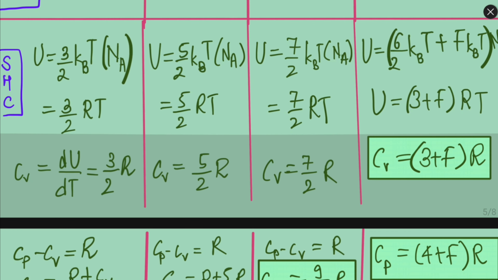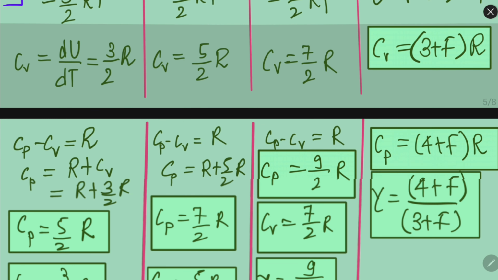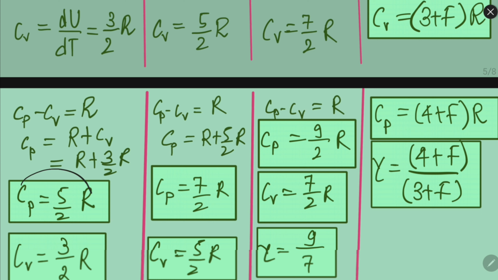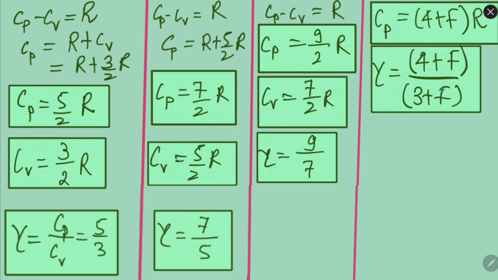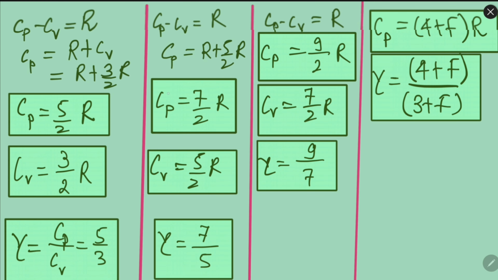So ultimately, let's do the basic formulation of specific heat capacity. For monoatomic, U is 3 by 2 RT, same thing. So Cv will be 3 by 2 R, and we know that R is Cp minus Cv, so Cp will be 5 by 2 R. Remember, for monoatomic Cp is this, Cv is this, and gamma is Cp over Cv, so it will be 5 by 3. For rigid diatomic Cp and Cv are this and gamma is this.